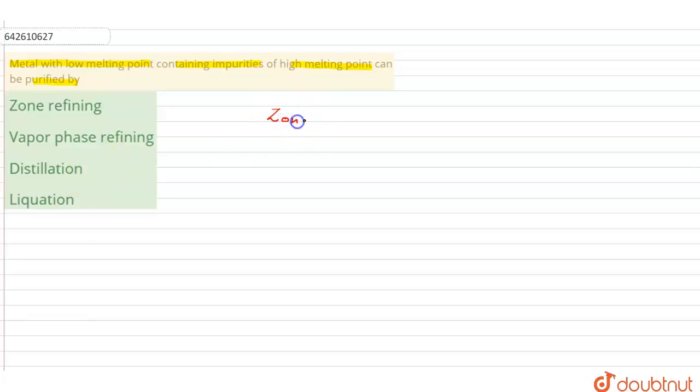Next comes zone refining. Now zone refining is a little different method which we talk about for the very first time in our metallurgy chapter, and this involves melting a block of the metal which is to be purified. It needs to be brought to an ultra pure level. So this block of metal is going to be heated with the help of a heater, and as we heat, the impurities in the metal